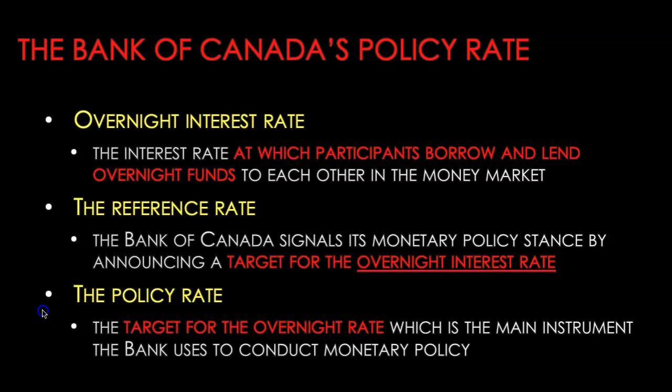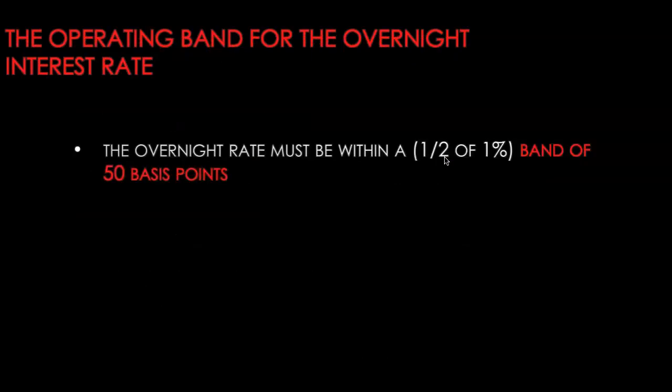To understand the different terminologies over here, remember the reference rate is the current level of the overnight interest rate, and the policy rate is the target at which we want it to be. So the closer the reference rate is to the policy rate, the more successful our stance of monetary policy has been. The Bank of Canada's objective is to keep the overnight rate within a band of 50 basis points, that